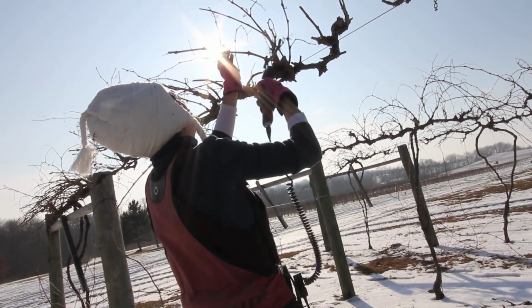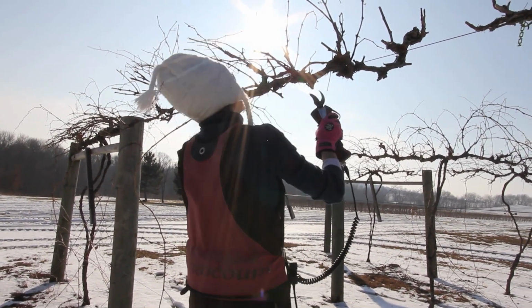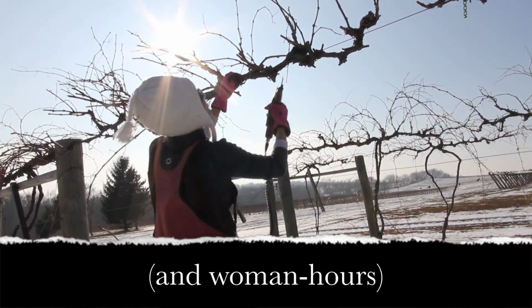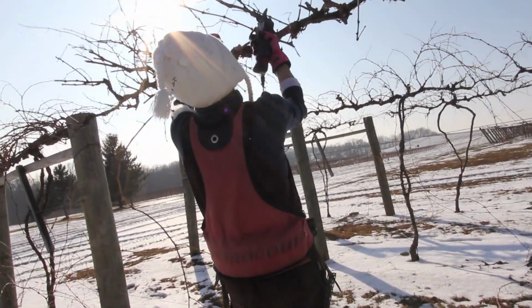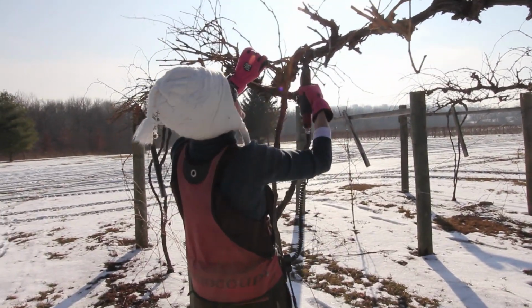People think we're just lounging around drinking our wine out here, but no, we start pruning pretty early because we have over 30,000 vines out here now that have to be pruned back pretty severely, and that takes about anywhere from 1.5 minutes to 3.5 minutes per plant. So it's a lot of man hours that we have to spend pruning. So we'll start sometime right around December after all the leaves have fallen and everything goes dormant, and start our pruning and hopefully finish up